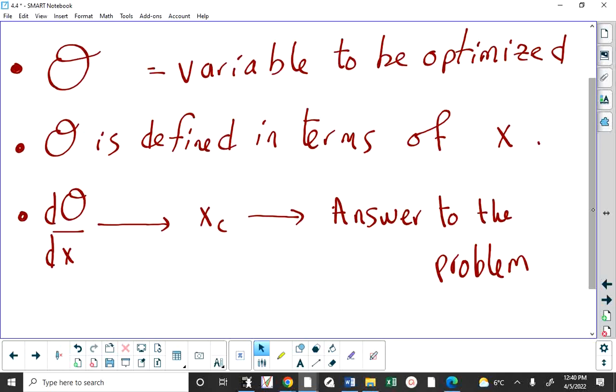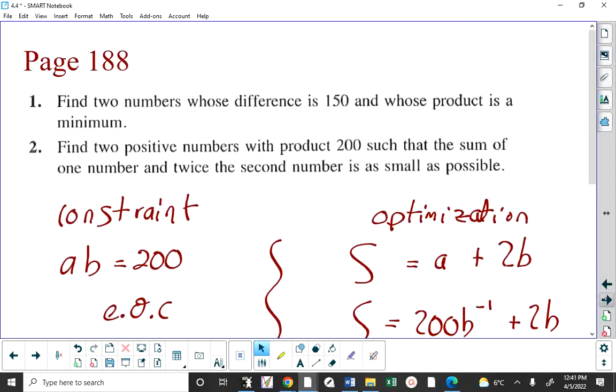Anyway, once you get that formula for the variable, which is O in my illustration here, defined in terms of x, then you find dO/dx, you identify the critical number, and then you use that critical number to answer the question. Maybe the question is, what should you charge for a ticket to maximize the revenue? Or maybe the question is, what is the maximum revenue? Anyway, then we went over number 5,